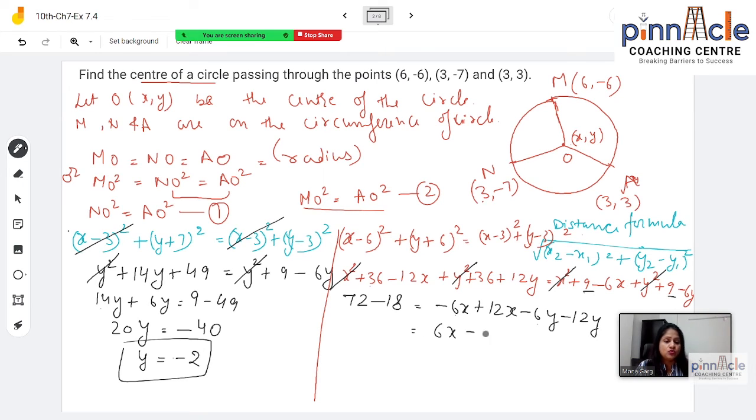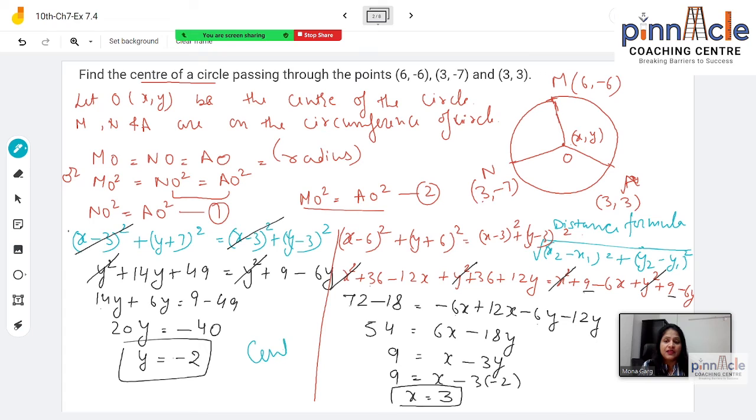So you can say -6 plus 12, so 6x. So -6 minus 12, minus 18y, and here it is 4 and then 5. And if you think you can take 6 common, so 6 minus 6, 3 is 18, so 3y is equal to 9. अब हमारे पास y की जो वैल्यू थी वो हम यहाँ पे पुट कर देंगे टू फाइंड द वैल्यू ऑफ x। सो x -3 -2, तो -3 -2 +6 होता है, +6 दूसरी तरफ जाके सब्ट्रैक्ट हो जाएगा, तो x की वैल्यू आ जाएगी मेरे पास 3। So the final answer that we get in this question is